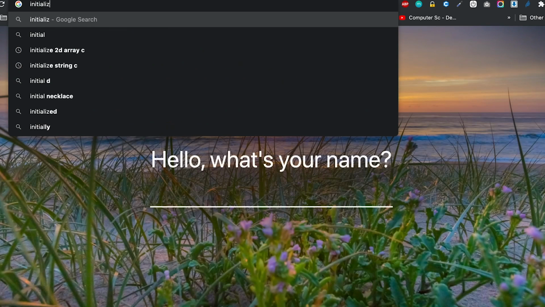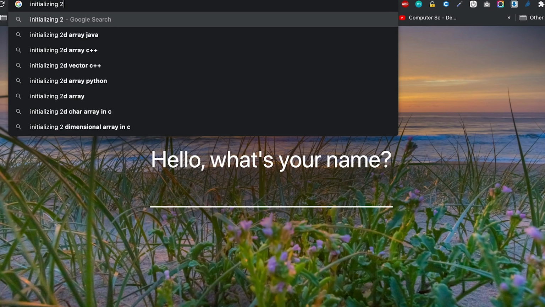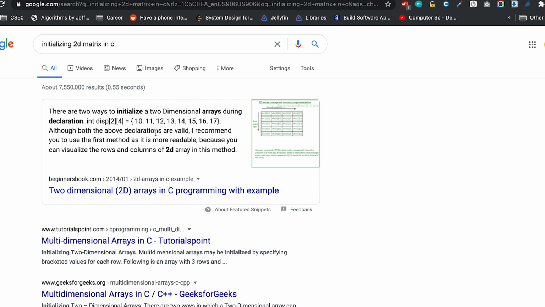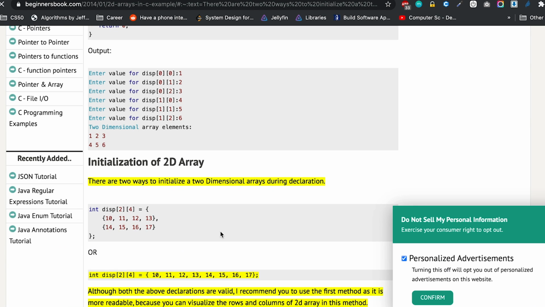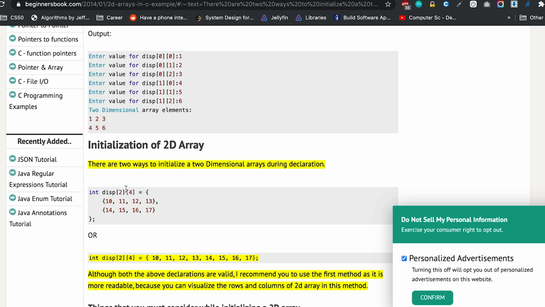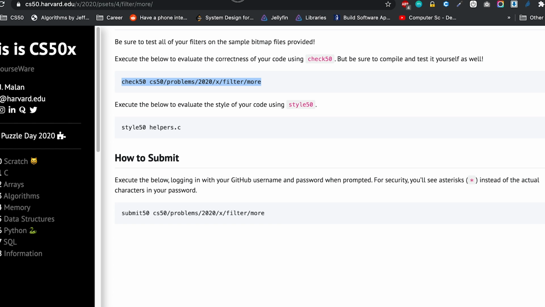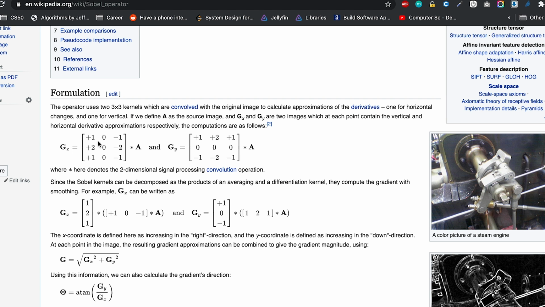Let me just look up initializing a two-dimensional matrix in C. Okay, so yeah, I can do something like so, right? So gx equals 3 by 3, and I'll go ahead and initialize it with these things,